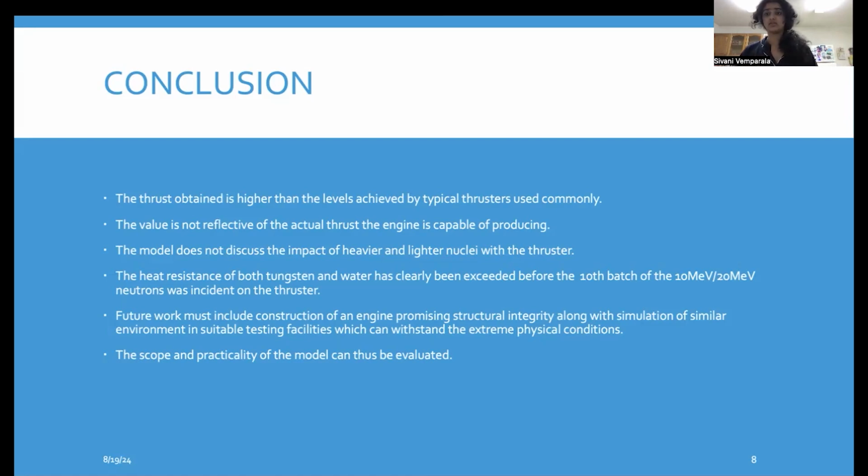Now, the heat resistance, as I would mention, of both tungsten and water has skyrocketed to a very high amount when the incident energy has exceeded 10 mega electron volts. This is a problem because it can compromise the structural integrity of the design, which is why their feasibility as a material will also reduce with increasing neutron energy. So future work for this model must include a search for suitable testing facilities or centers that can simulate the model in those extreme physical conditions like high stress, high temperature, high pressure, and apart from that, can figure out and evaluate the scope and practicality of the design